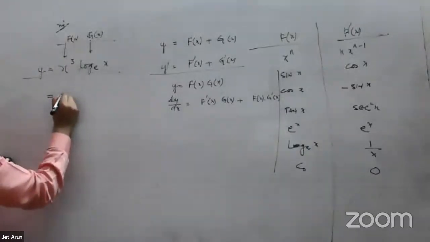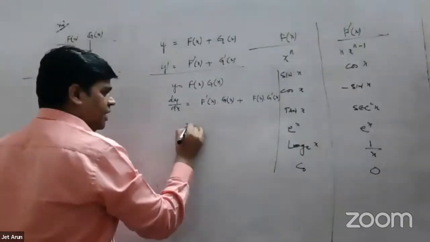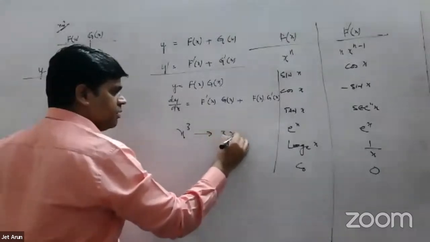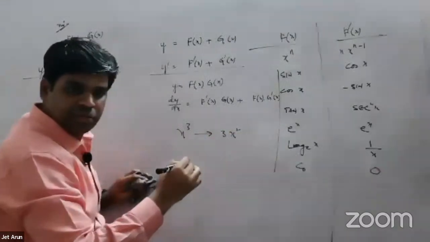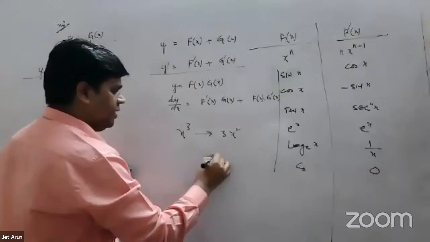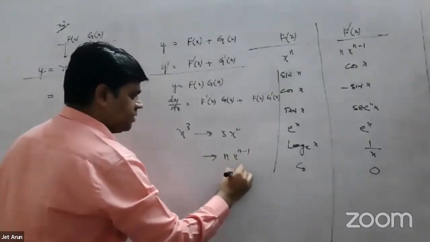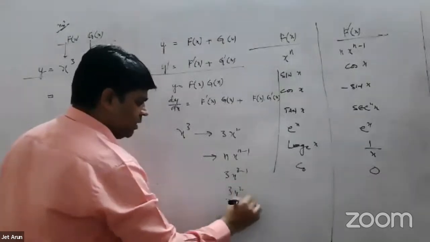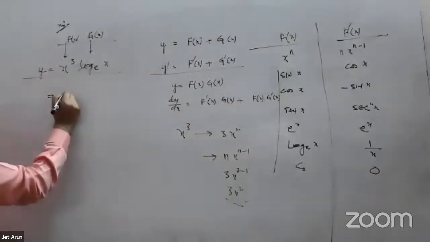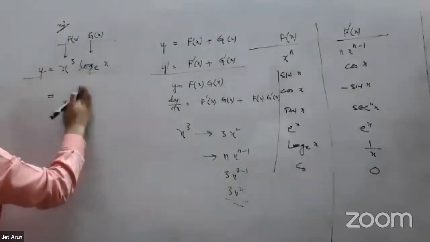So what is the derivative of x cube? 3x square. Excellent, 3x square. How do I get that? n x power n minus 1. So 3x power 3 minus 1, 3x power 2, 3x square. So 3x square